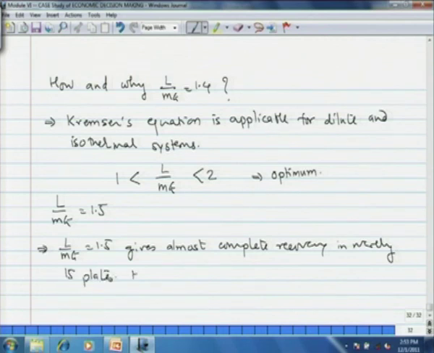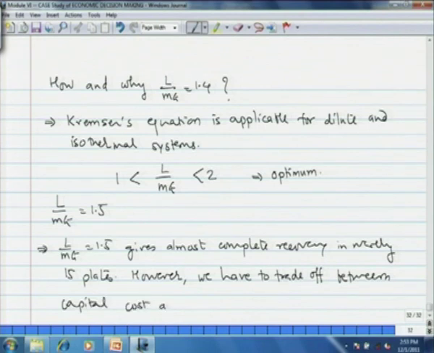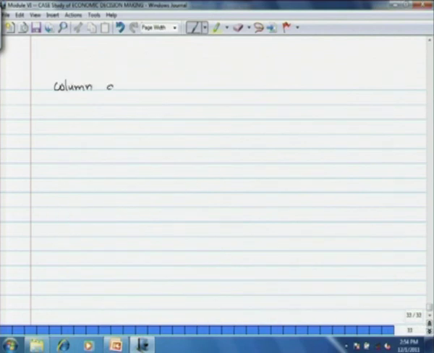However, we have to trade off between capital cost and operating cost of both distillation column and absorber. If I put more liquid, the number of plates will go down, but the load on the distillation column goes up, and distillation being an energy intensive operation,